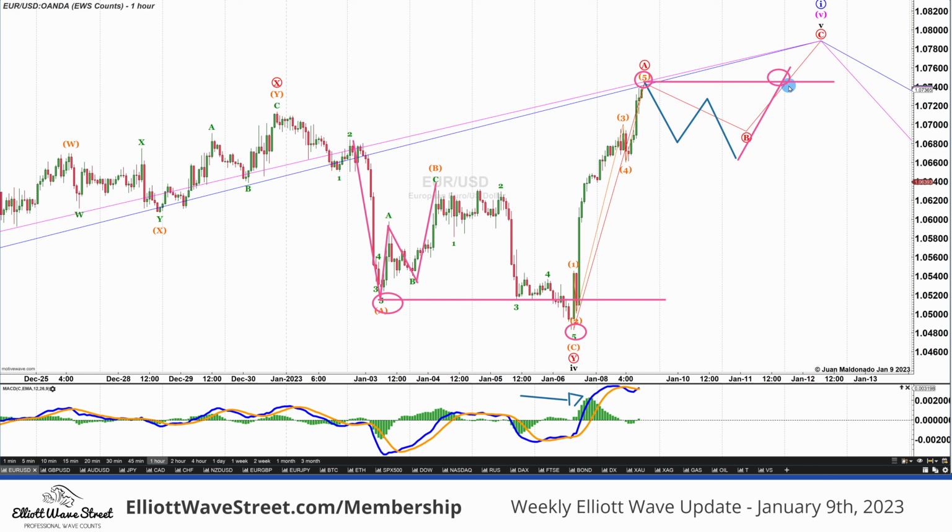So the same plan will be here. And look at the beautiful divergence on the MACD. If you'd like to use indicators, you can use them. If you don't like to use indicators, you can use just the price action. So no problem there at all. And the price makes these, waiting for it to build this corrective. There are different types of corrective waves. Could be triangles, could be a zigzag, could be a flat, right? We need to wait for that.